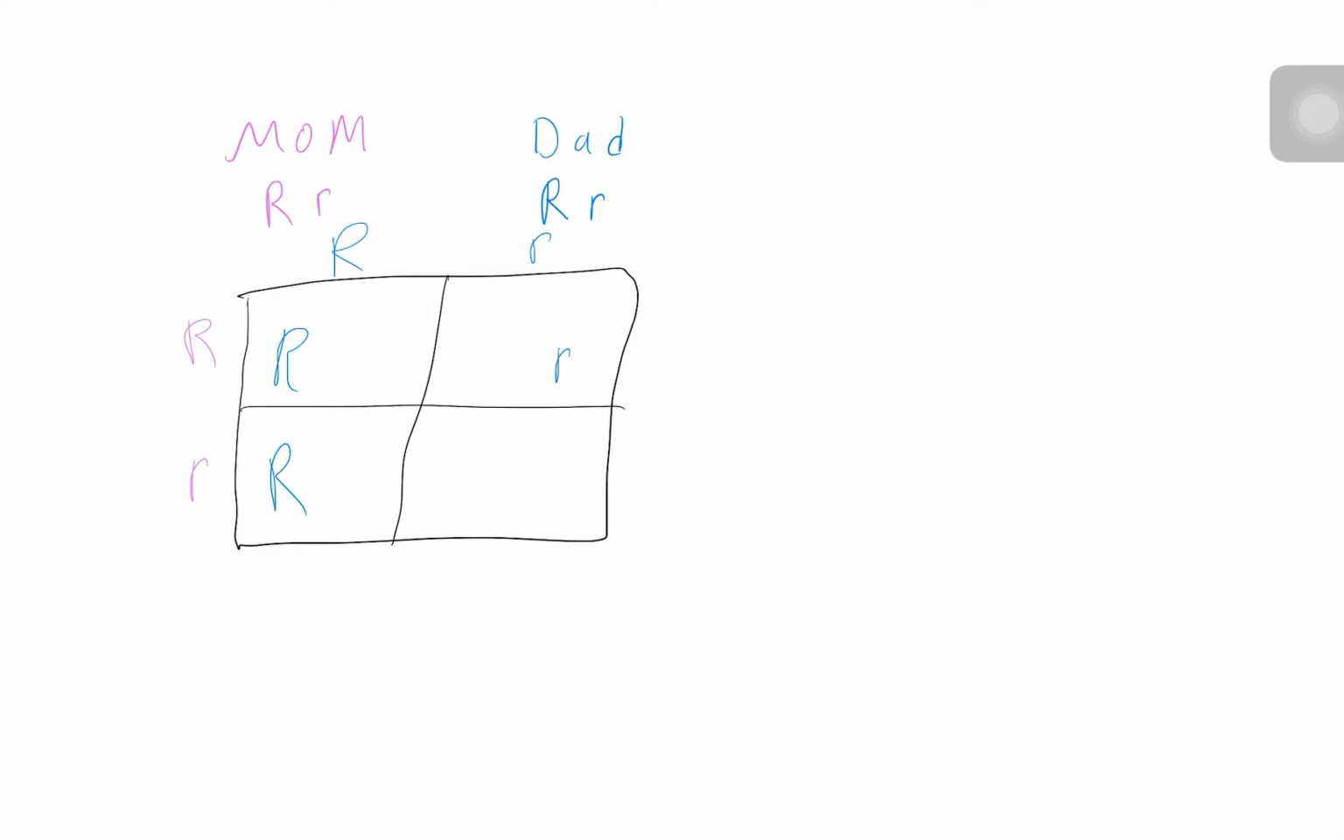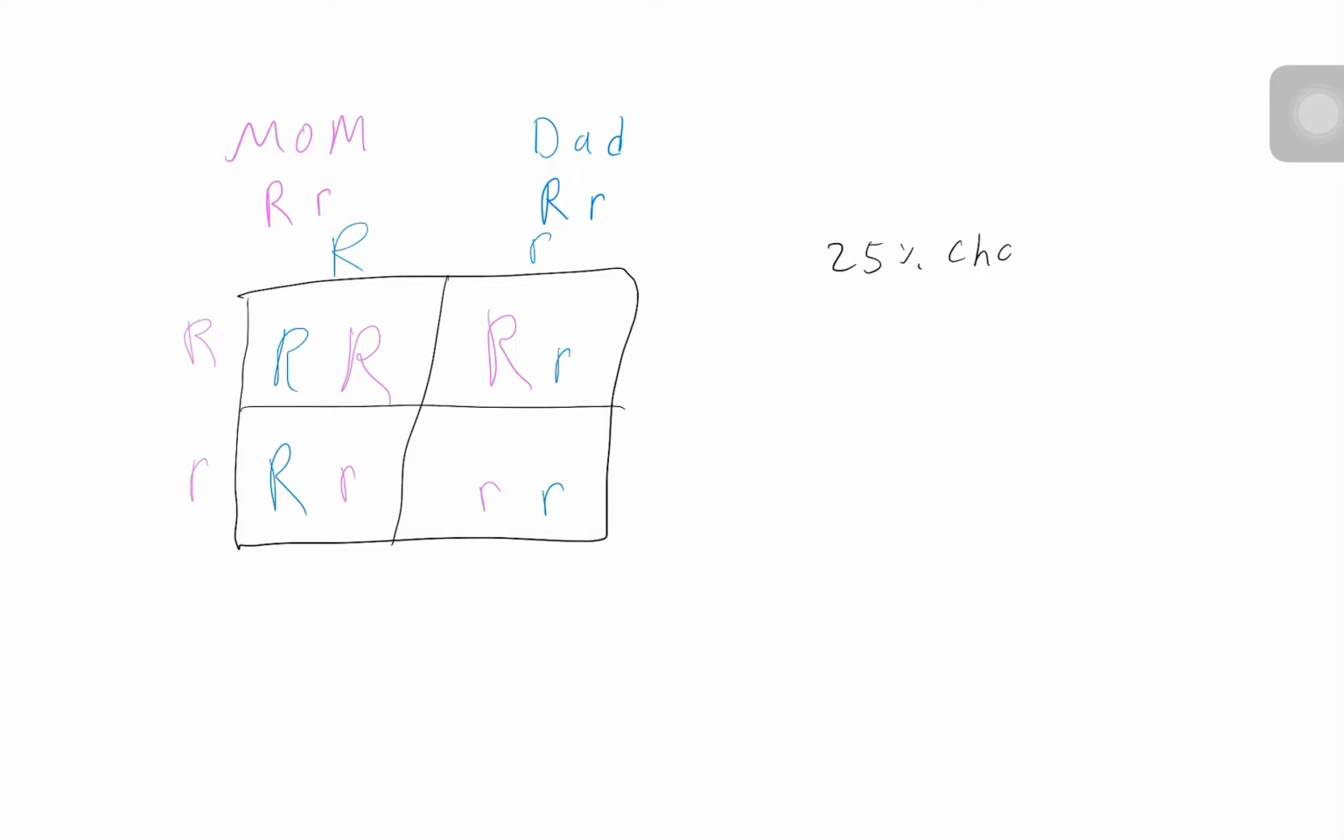Little R, little R. See what I did? And now I'm going to put mom across. Big R, and then little R here, little R here. So now you get to look at it. All right, there's one big R, right? It's like, what, 25% chance there's going to be a red